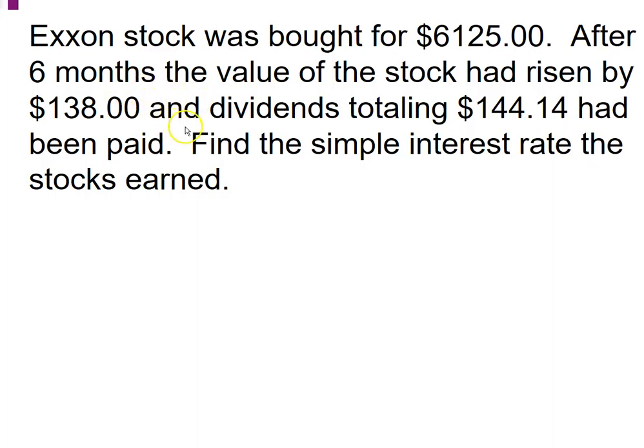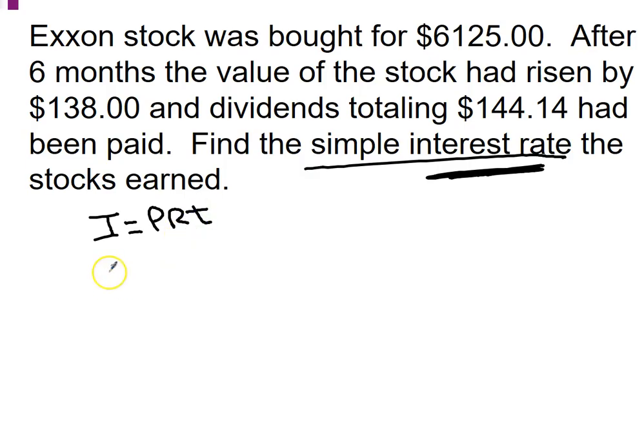Okay. This says find the simple interest rate. Alright, so again, I equals PRT. So Exxon was bought for this much money. After 6 months, so this is P, this is the original. After 6 months, which means we've got to change that to 6 over 12, so we have years, the value of stock had risen by $138, and dividends totaling this much. So this is what they got back. So that would be your interest